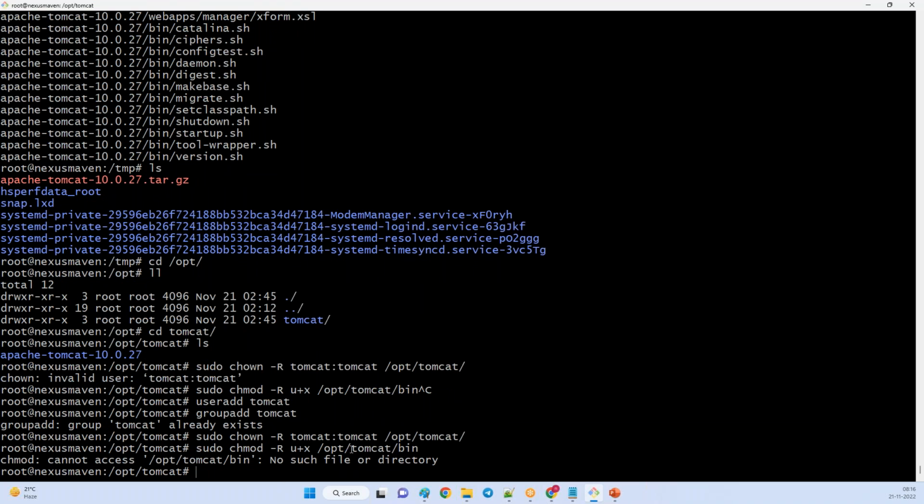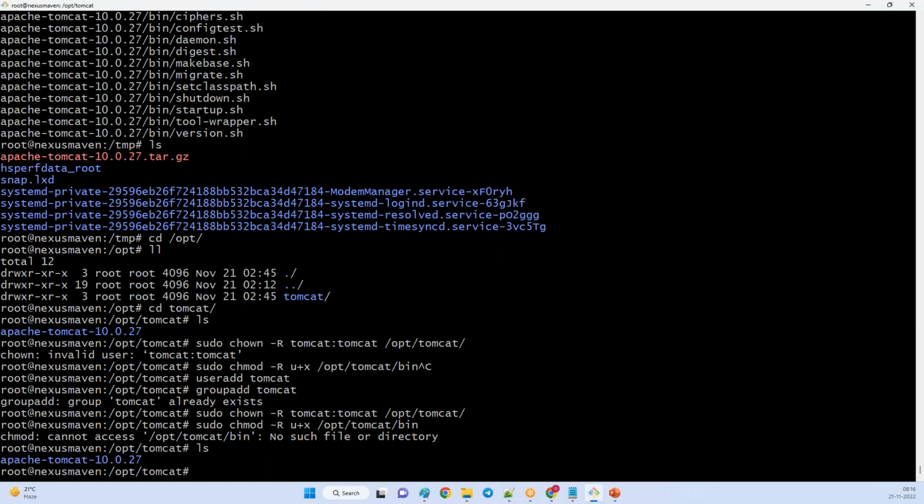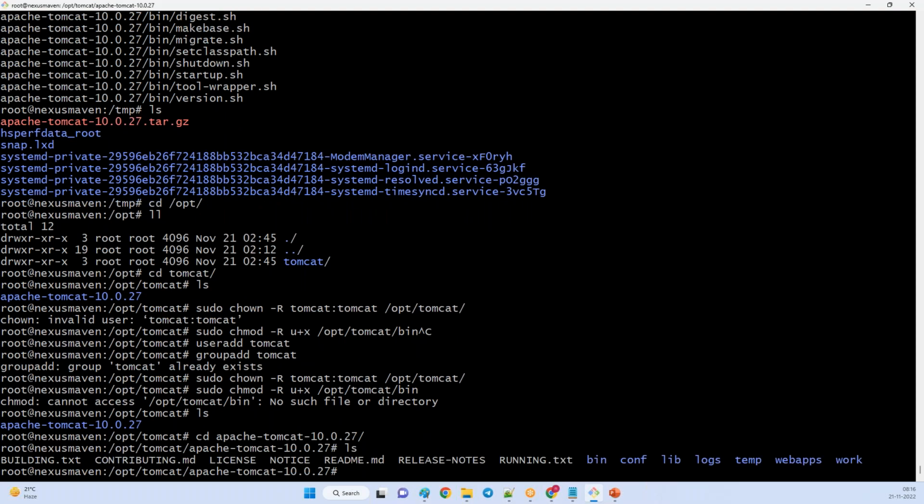So chmod /opt/tomcat/bin, no such file or directory. cd tomcat. Okay, you should copy all these files to /opt/tomcat.